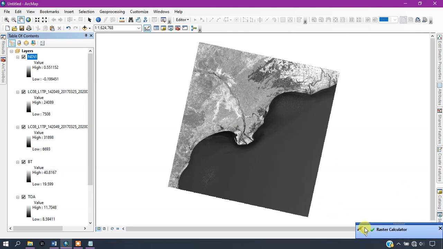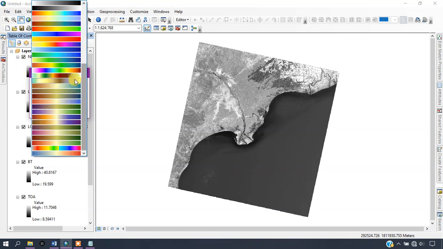You can see here the result is out, and you can see the value ranges of NDVI, high and low. Now we can just change the color composition.